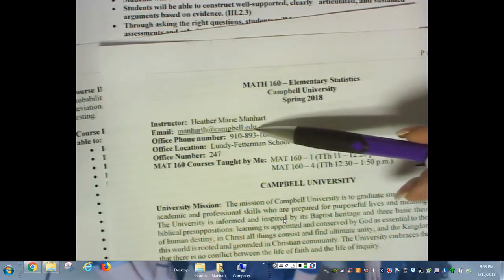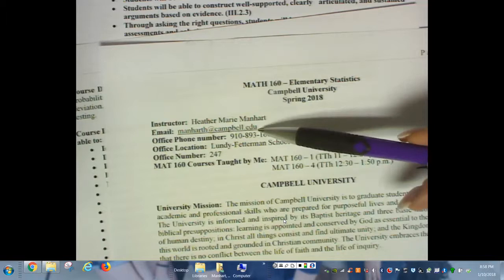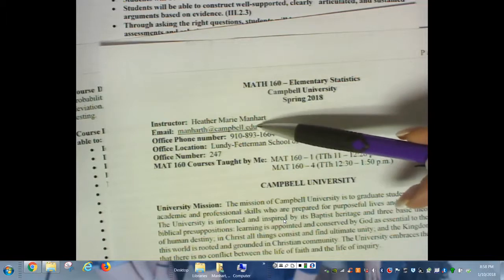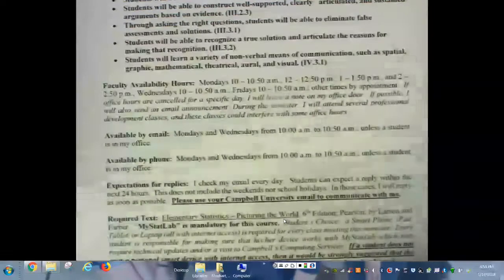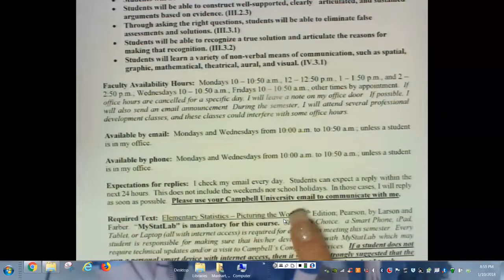One way that you will know that your emails are not getting through to me, which means you're using the wrong address, is if you see that I'm not replying to your emails, because I always reply, then you know something is wrong somewhere, somehow. So we need to maybe speak in class about the issue. But this is the email address that you're going to want to use. And I ask of you to also use your campus email.